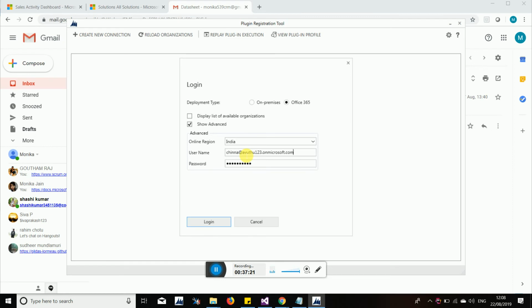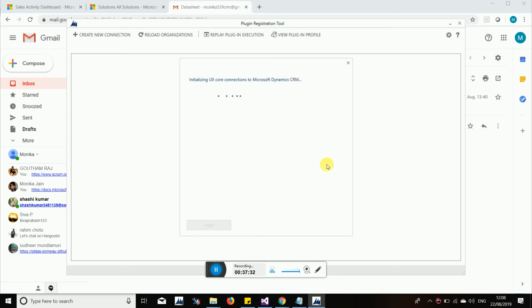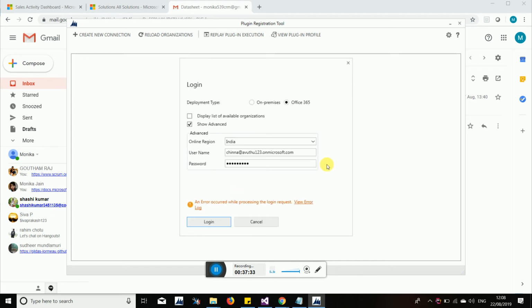Here you can write the details and log in. It is not logging in.